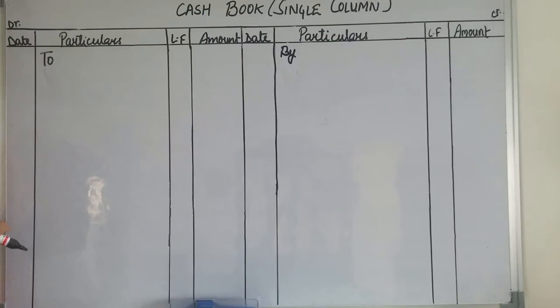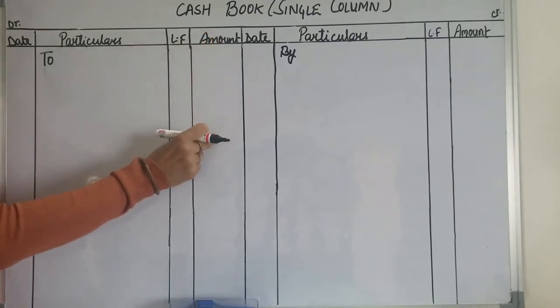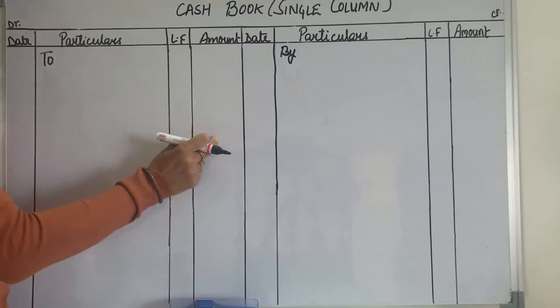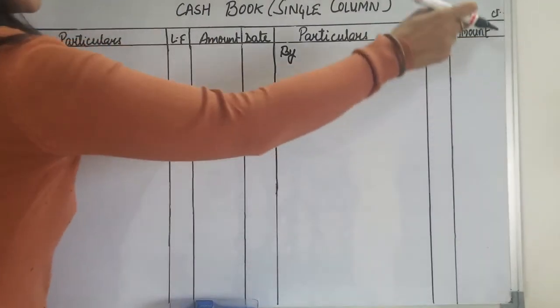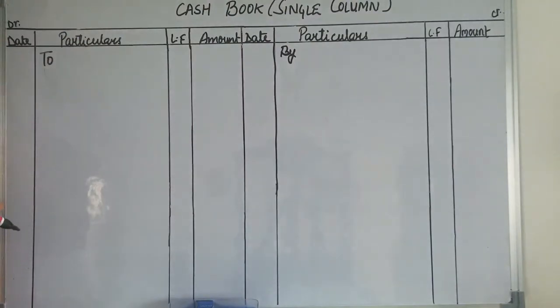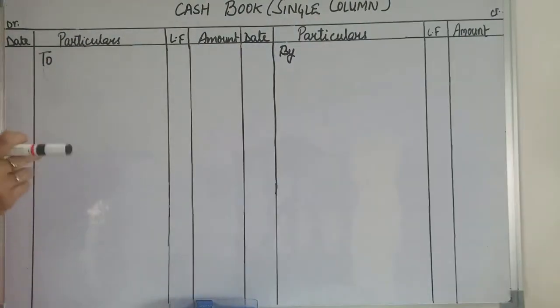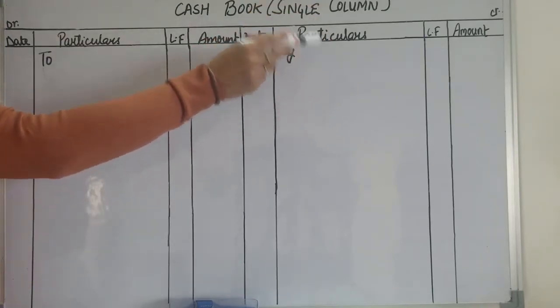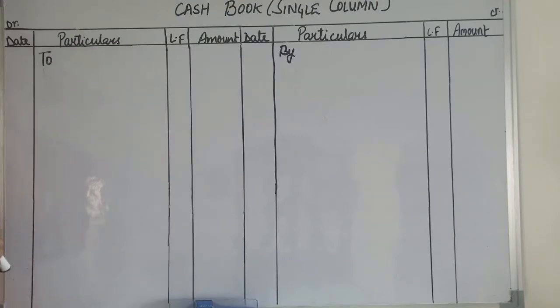And third, cash book will always show a debit balance, which means that the total of amount on the debit side should always be bigger or greater than the total of amount on the credit side. Okay? But in case of two-column cash book, the bank column on the credit side can have bigger or greater balance because of overdraft facilities provided by the bank.